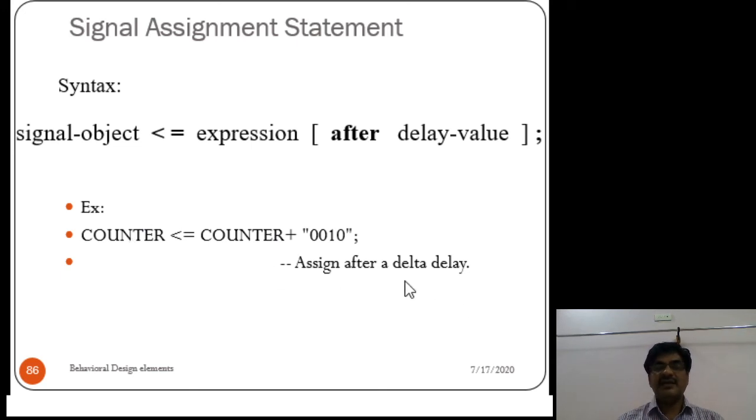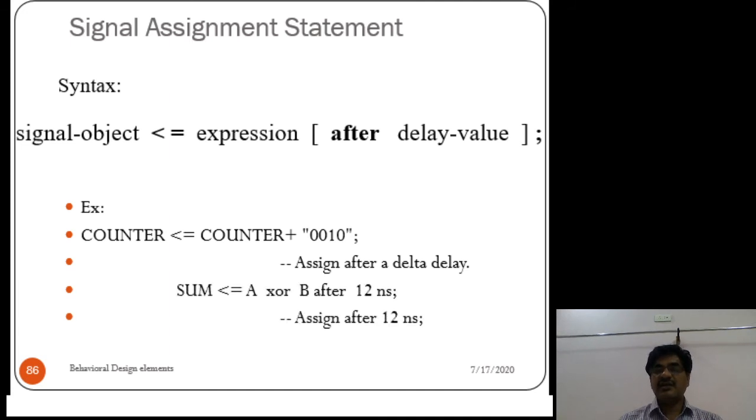Here delta delay means an infinitesimally small delay, a very small delay. If you see another example, sum less than equal a XOR b after 12 nanoseconds. What does it mean? After doing the XOR operation on a and b, the result is loaded into sum after 12 nanoseconds. So that is the difference between these two.